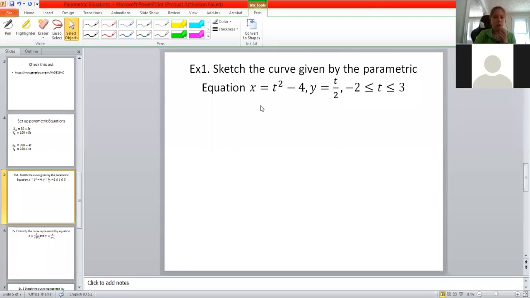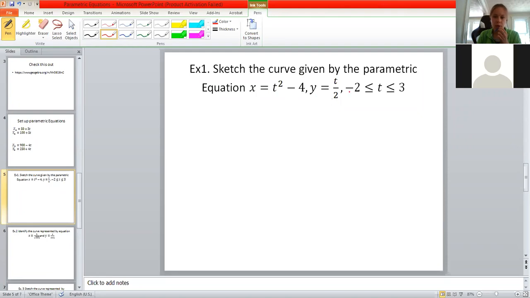And I'm going to go over these 3 questions. For those who are not joining this class today, please review these 3 questions to do the textbook practice problems. And of course, those who join today, you guys don't have to do it. It's an automatic 100. Example 1, sketch the curve given by the parametric equation x equals t squared minus 4,